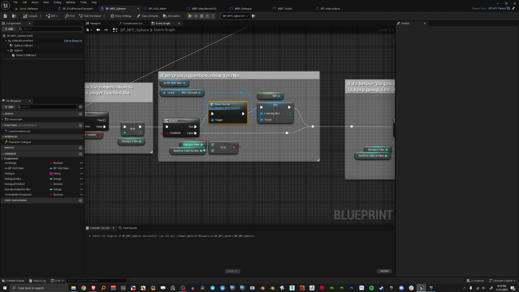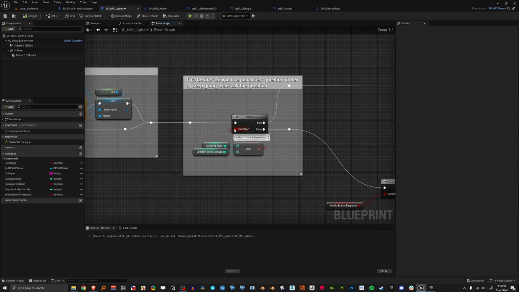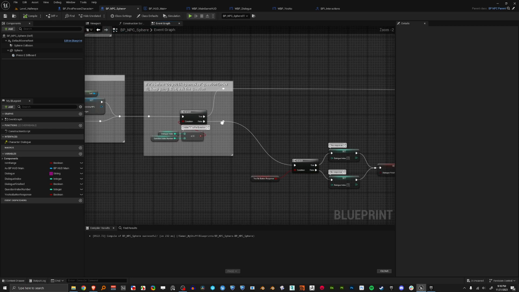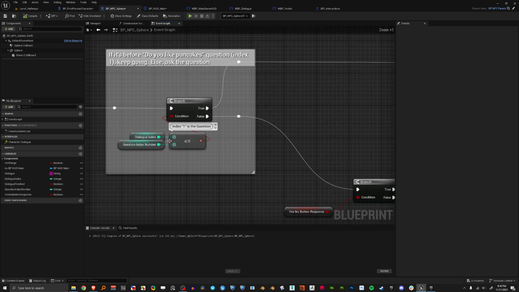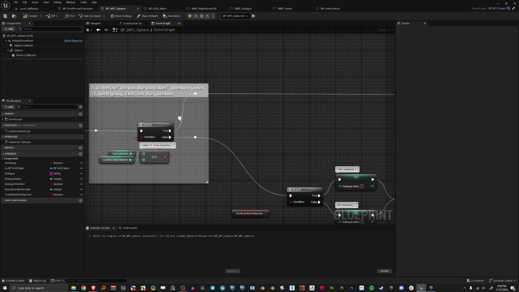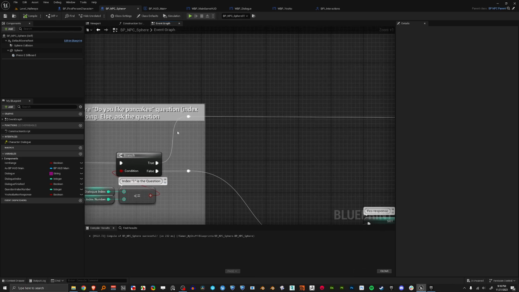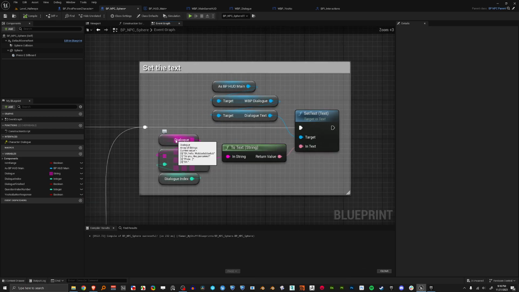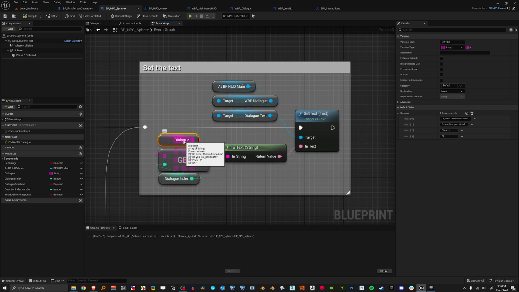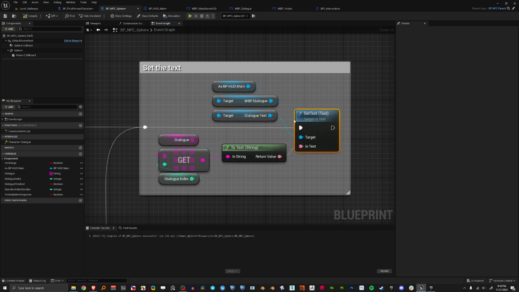So if we're right on it, then we're going to show the yes or no. And this could be multiple things. But if we're not, so this is before the first question. There's probably a better way to set this up, but whatever. So if we are before the question, then we're just going to keep going. We're going to get this array of dialogues, and whatever we're going to say, are we on number 1, number 2, and we're going to send that to be a string, and we are getting